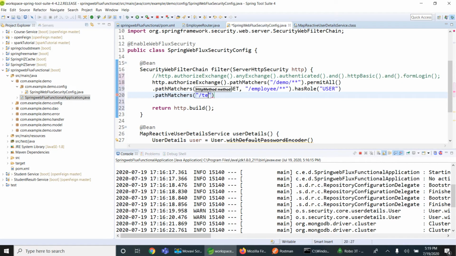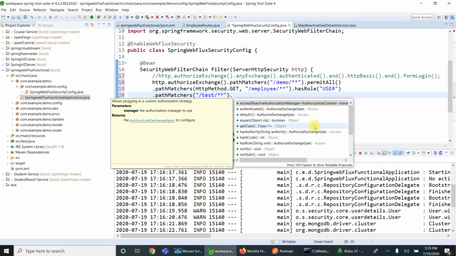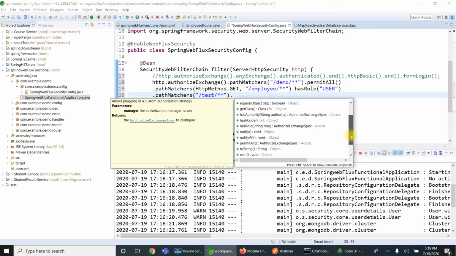One more is test. If the pattern is test start, then I can pass a group of roles, like hasAnyRole.